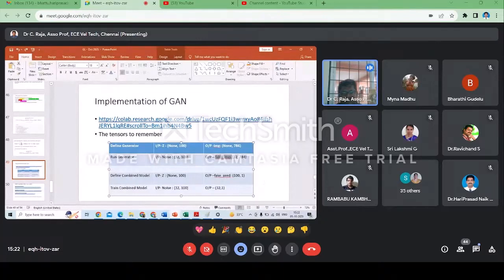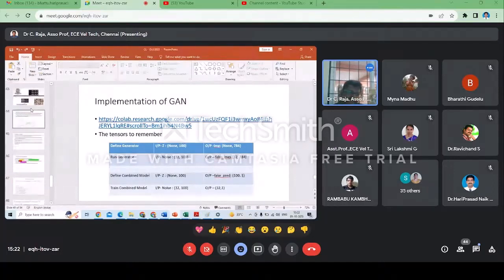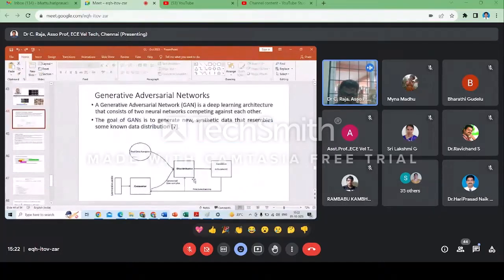Then after running the generator, we have to define a combined model, combining the generator and the discriminator. You need to have a deep thought why this is one instead of seven. Why is this one? What is the discriminator ultimately going to say? The discriminator is not going to produce any image. It is going to give only a decision whether it is a synthetic image or an original image. So our logic is if it is an original image, the output will be equal to 1. If it is a synthetic image, the output is going to be 0. That is why